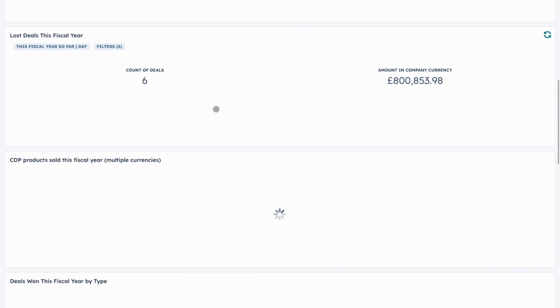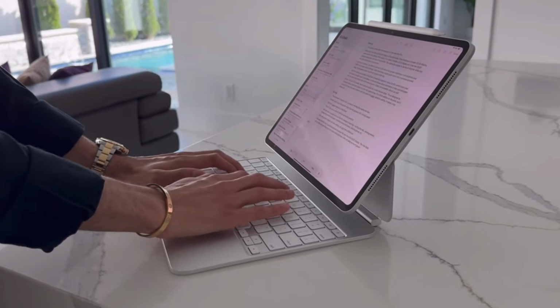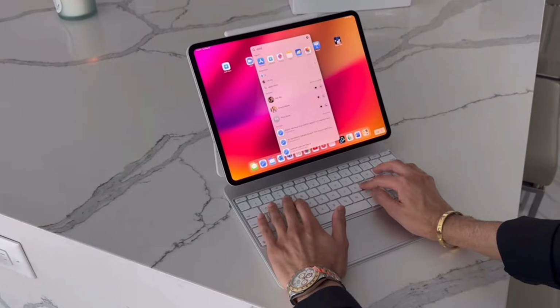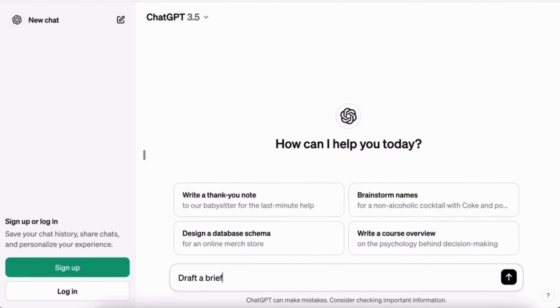But once again, everything that I need, this application provides it for me, because I feel like with the Magic Keyboard and this large screen that I have to work with, it's absolutely beautiful to get that work done on an iPad. I also have ChatGPT. ChatGPT, I think, is one of those tools that almost everyone now is using. I don't want to say everyone because, of course, it has to do with your profession, but it is a very powerful application because I can, when I'm sending emails or writing copy, and I do write a lot of copy,